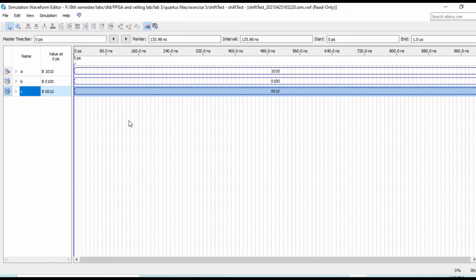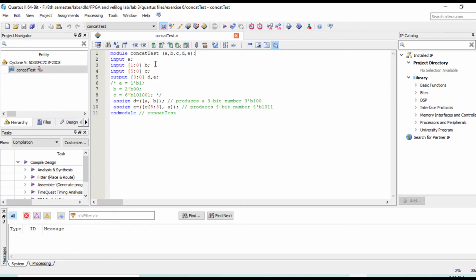Now it's time to move towards another type of compilation, and in this portion I will show you the concatenation test. Here you can see I declare the module concat test with a, b, c, d and e.